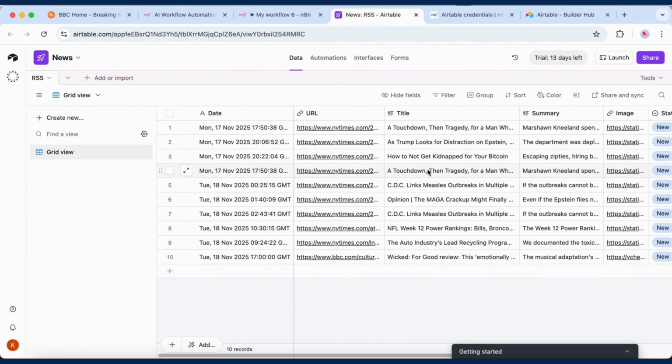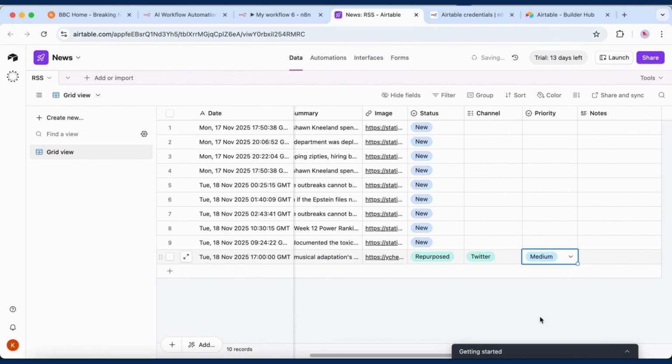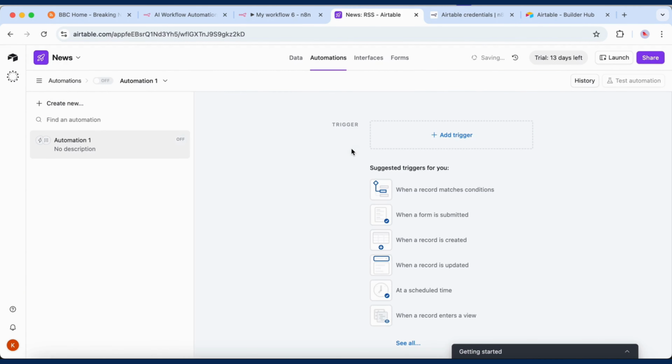record in Airtable. You can then use your Airtable base as a full content hub, assign statuses, track whether content has been repurposed or archived, organize which channels it's being sent to, manage priority, or build automations directly on top